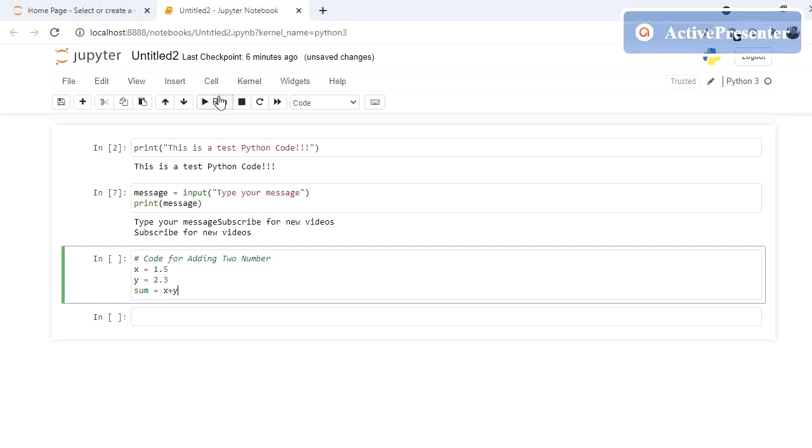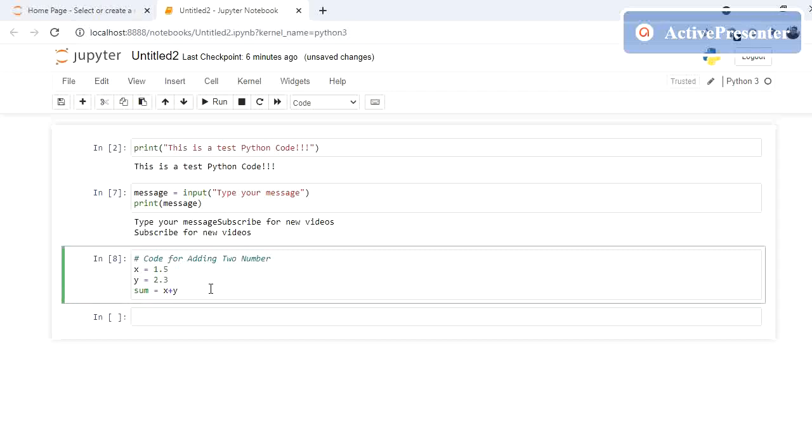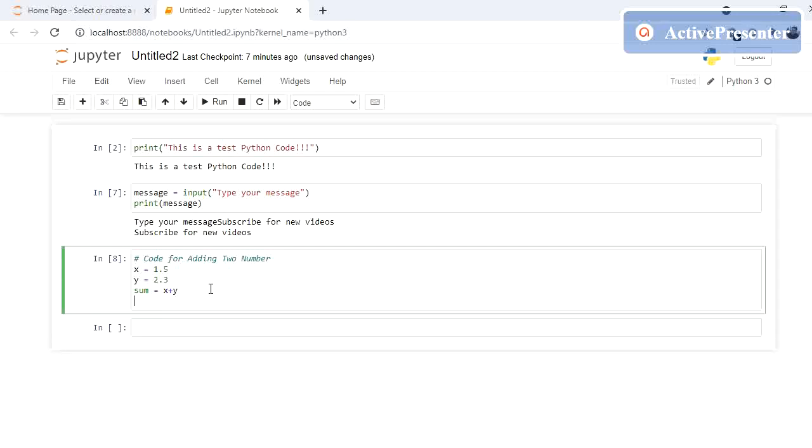Okay, let us see what happens. If I run this code, there is no error, nothing is happening, but we are not able to see the result. So what is the result? As you know, for the result we need to print it, right? So for printing the result, what syntax do I have to use? print in brackets. Here I will write sum.